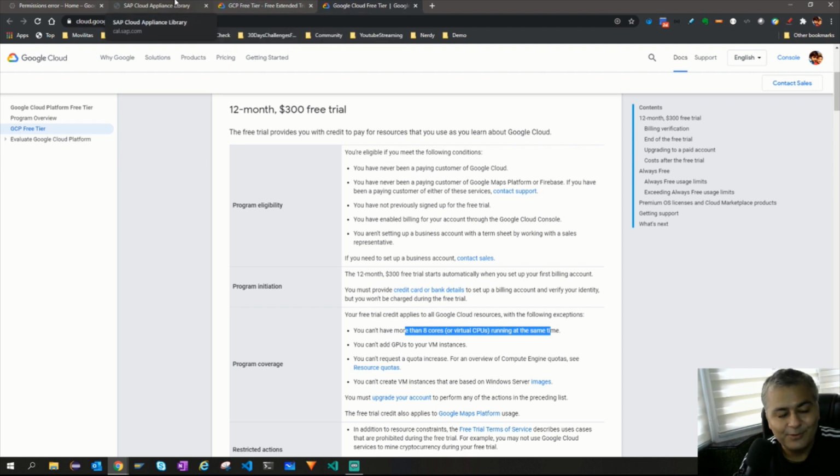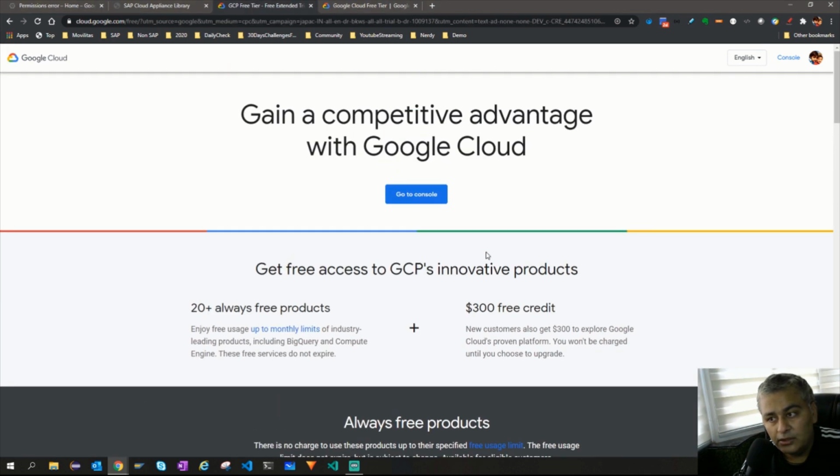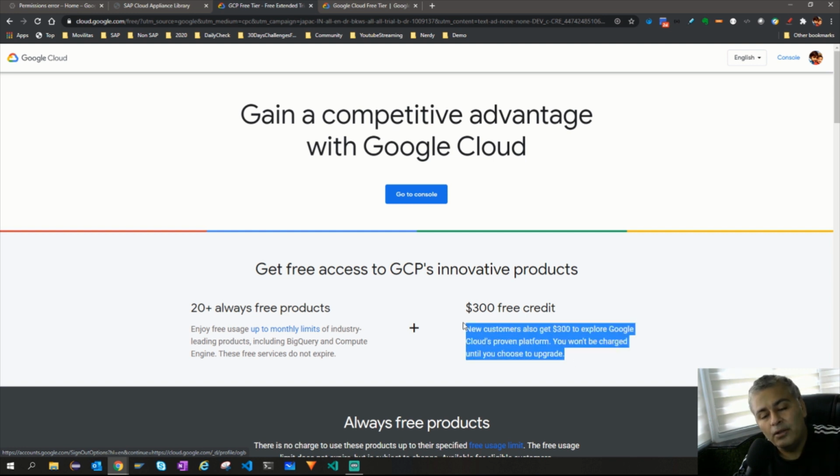Now my credits have expired, but I wanted to demonstrate how we set up this thing. So first, go ahead and register on Google Cloud. Since I have already registered and logged in, that's a standard Gmail process, but you will need to provide your credit card. They will not charge you until you manually choose to upgrade. So don't worry, if you have consumed those $300, they will not directly bill you. They will ask you for confirmation or upgrade.